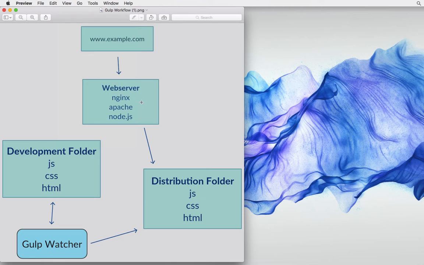And we want that web server to pull content from a distribution folder. A distribution folder is going to house our content in an easily digestible format, an efficient method. The whole point of using something like gulp is to help bridge the gap between a performant website and a developer's needs in terms of legible code. So a distribution folder is going to house assets such as JS, CSS, or HTML, but we want those assets to be